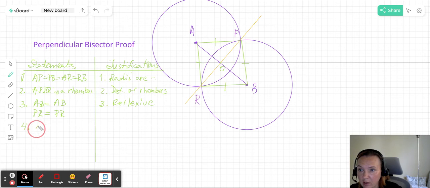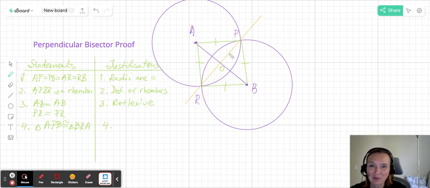Now for my step 4, I'm ready to say that triangle APB is congruent to triangle BRA. And why is that? That is because of the side-side-side triangle congruence theorem. Similarly, since I'm using side-side-side, I'm going to say that